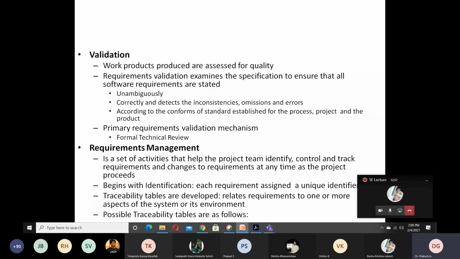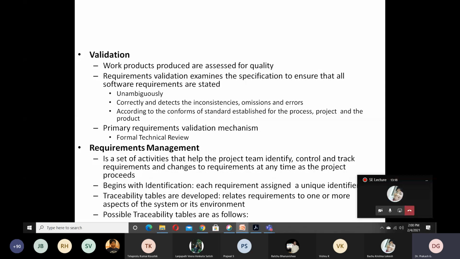One variable of one particular requirement may be used in another requirement also. This kind of relationship can be established by constructing the traceability table, and that will be developed in this phase only.